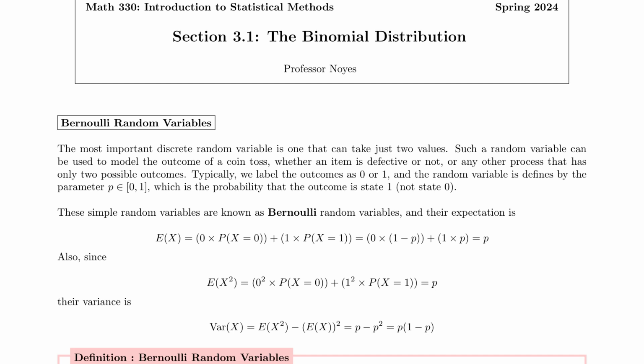Section 3.1 is the only section we're going to cover in Chapter 3, and this is on the binomial distribution. This entire chapter is devoted to discrete distributions. So we are only focusing on discrete random variables in our binomial distribution. And you'll discover pretty quickly that we have already done problems that qualify as binomial distribution problems when we were